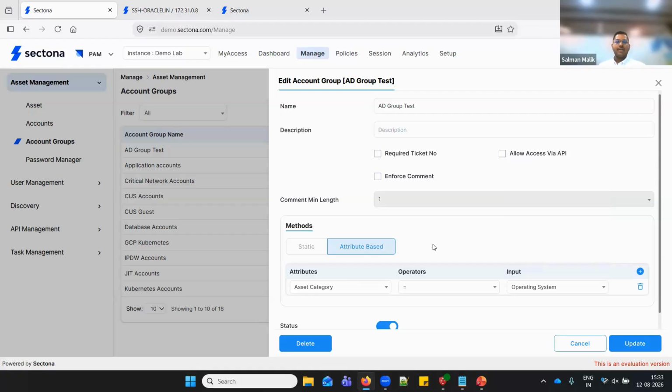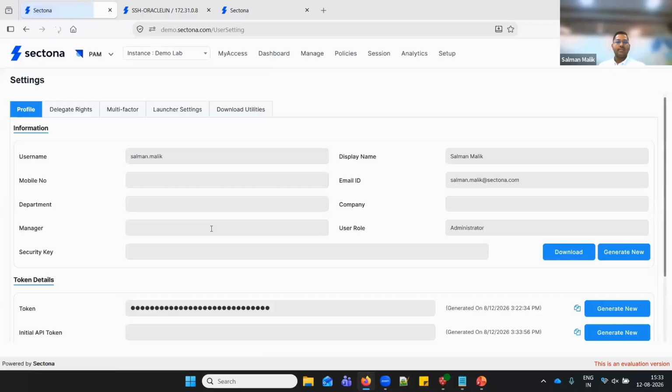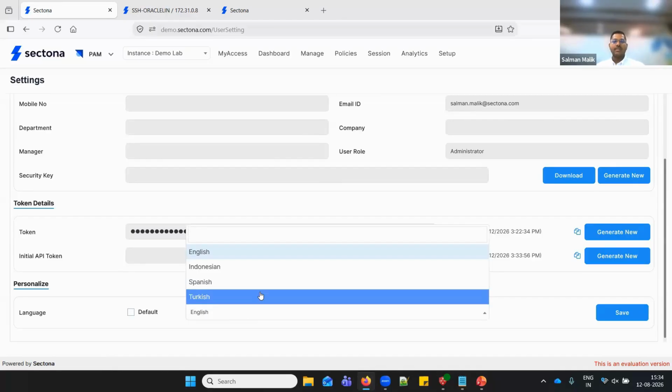Further to this, we have also added language support. We now support three languages in the system. This language configuration can be enabled from two levels. One is specific to the end user profile. So if you are running the PAM system as an MSSP and you have multiple customers onboarded into the system, then the customers can now be enabled with a specific set of language options. So this is at the end user profile level. I as an end user can select which language I'm comfortable with, and on that basis I can change the system's language based on my specific profile configuration.